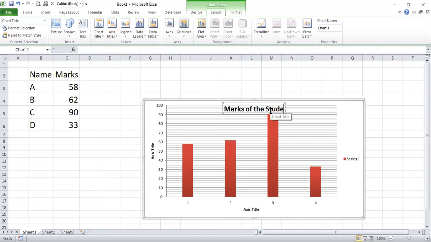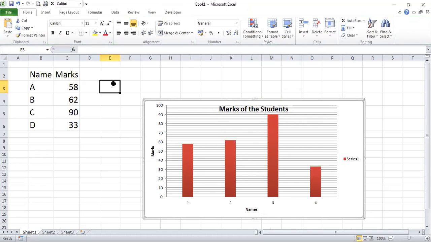Marks of the students. Similarly, names, marks, like that. Fine.